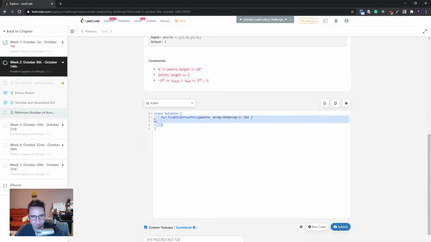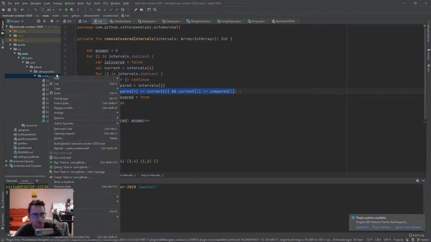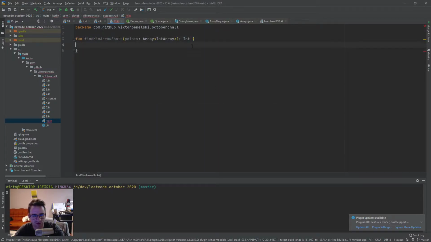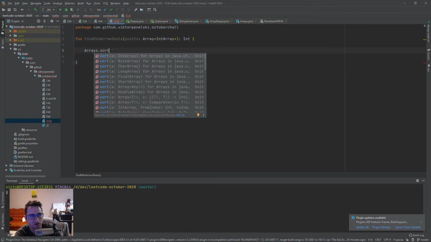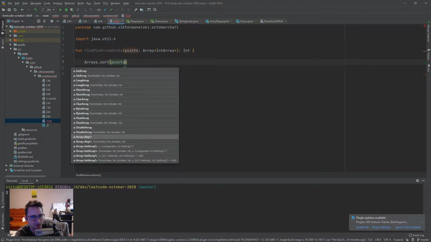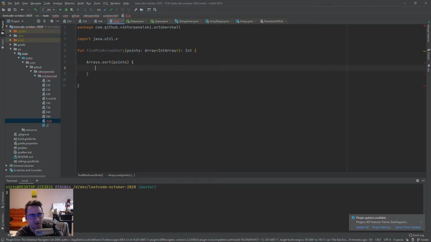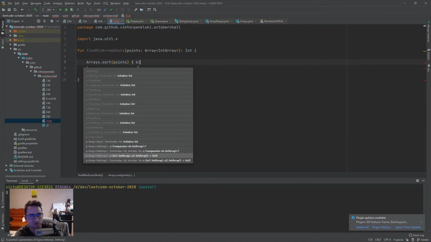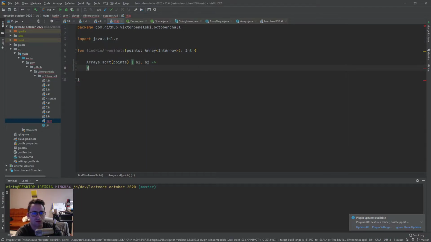So let's just take their function name and call it... Okay. So I have some points. So obviously the first thing I'm going to do is array sort. So sort the points, but I want to pass a function, so I'm basically passing a comparator, and the comparator is something that takes an int array, so it's balloon 1, balloon 2, and I'm going to say